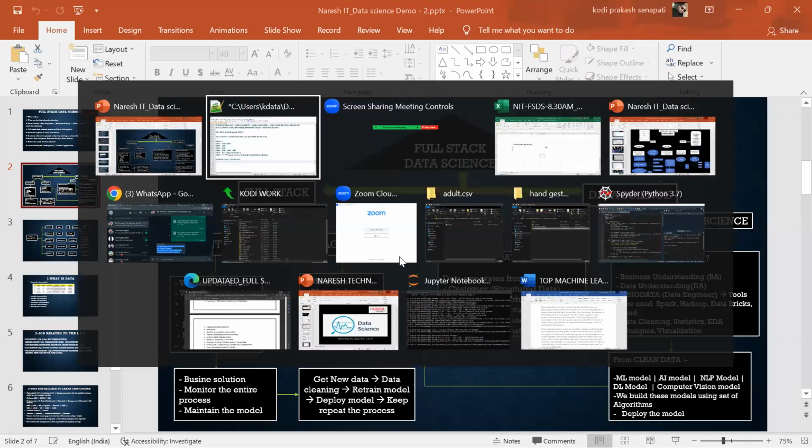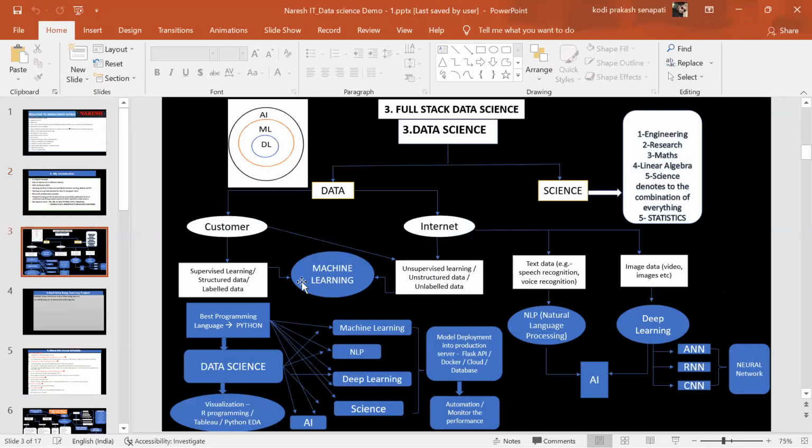And before that, let's come back to this one. See, guys, customer data is supervised learning, and we call this machine learning as well. And the data which generates from the internet, we have unsupervised learning. And what type of data generates from the internet? Either it is text data, speech, or voice.